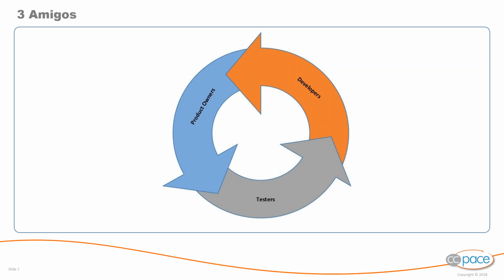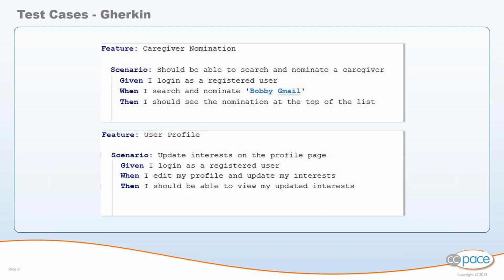Furthermore, if you're adopting a BDD tool like Cucumber, JBehave, or SpecFlow, these examples can also be written as executable specifications in a Gherkin format. So here are examples of test cases written in Gherkin format. Now, I'm not going to go over these test cases now. We'll talk about it more during the demo, but a Gherkin test case is typically in a given, when, then format. Notice how readable the tests are.